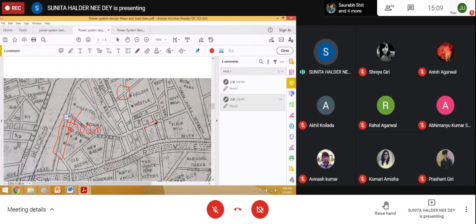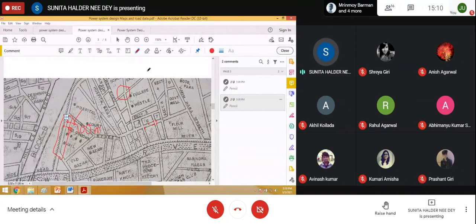Now say one is putting here 1, 2, 3, another is putting one here, again here. Then you have no need to redo it again, because that estimation will not affect your transformer design and selection so much. But if you do it repeatedly for every segment, then it will hamper. So do not try to do that. If by mistake one or two street lights come more, it will not hamper the design. So this is the concept of street light placement.